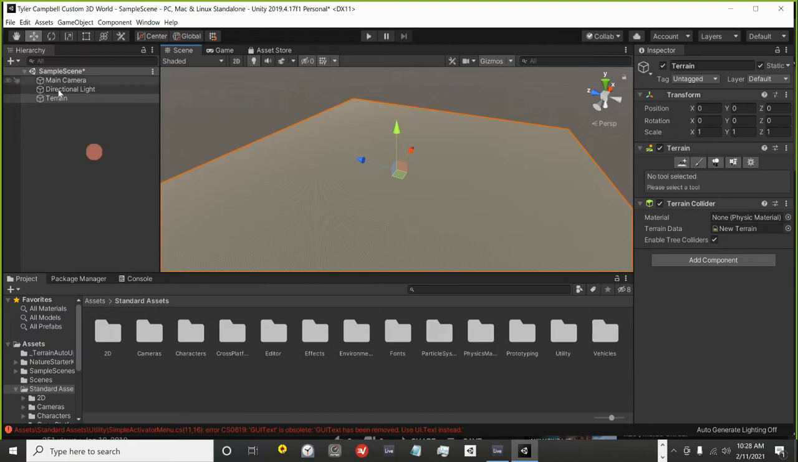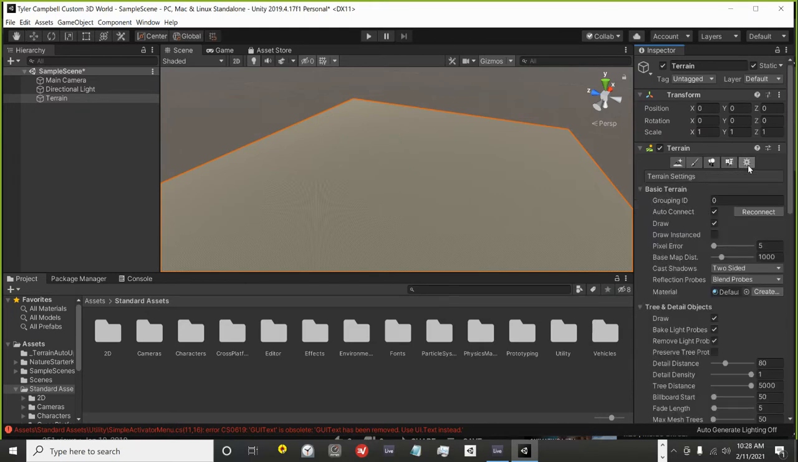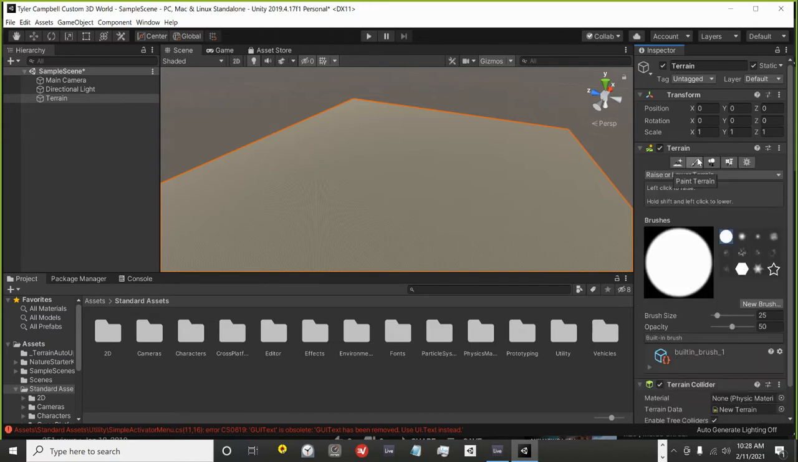And so what we do is we click on terrain in our hierarchy, and then in the inspector, which gives us all the details for whatever game object we have selected, we can see here that under this terrain, there are some options: paint terrain, paint trees, paint details, and terrain settings. And so what I want to do is click on paint terrain because I want to paint it with some